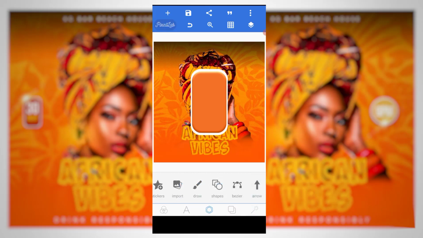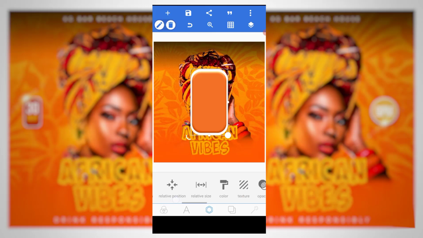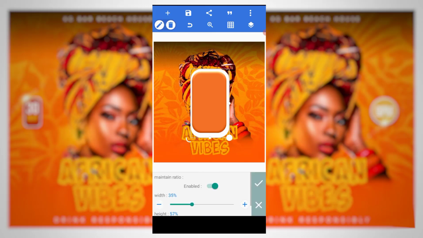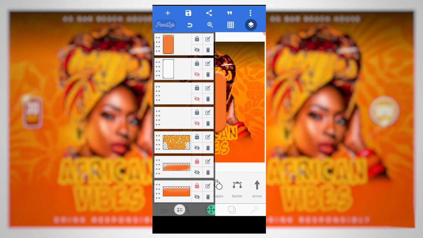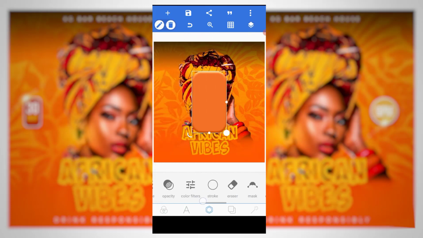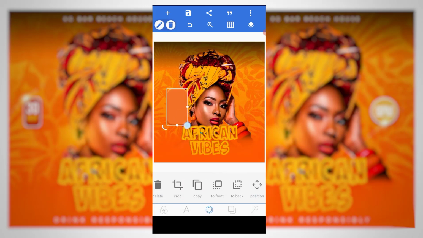Now if you look at it now, it's appearing to be in the form of a stroke. Okay, so all right, I can successfully merge the two of them, or if you don't like this, you can still go straight and just add stroke to it. I think the stroke is even better. Now you will not want to make this stroke too much, because when you do it like this,